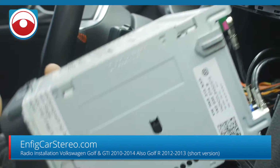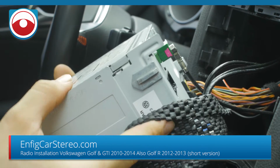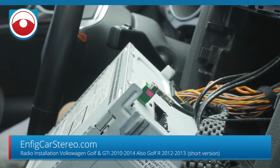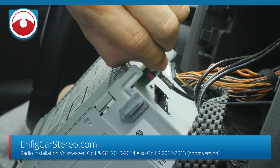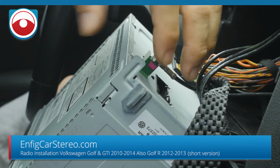We're going to put that here, and then put it under the radio so we don't scratch it up. Just put the shifter back so we get a little more room. First thing we're going to do here is disconnect this. This is the GPS antenna adapter. All this generation of Volkswagen have the